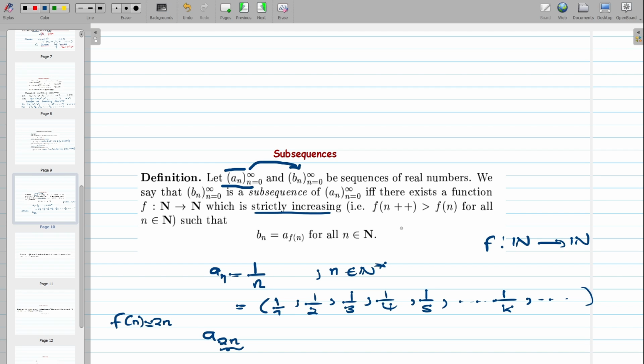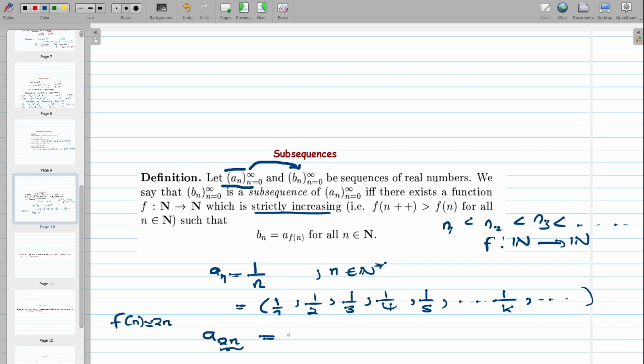So meaning we must have n's such that n1 is strictly less than n2, which is strictly less than n3, which is strictly less than n4. Because our function is strictly increasing, if I compose this, I'm going to have this basic situation. So all in all, we must have n1 less than n2, less than n3, and the numbers keep on going like so. So if we extract this sequence a sub 2n, this sequence is going to contain the even terms. We'll be basically using the